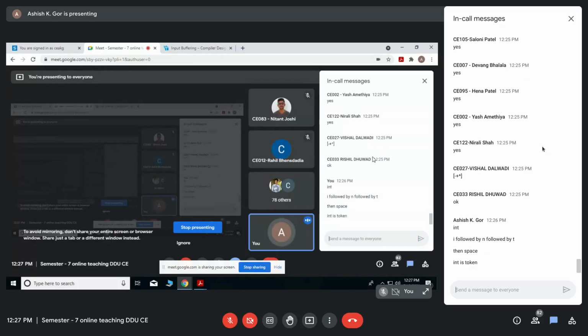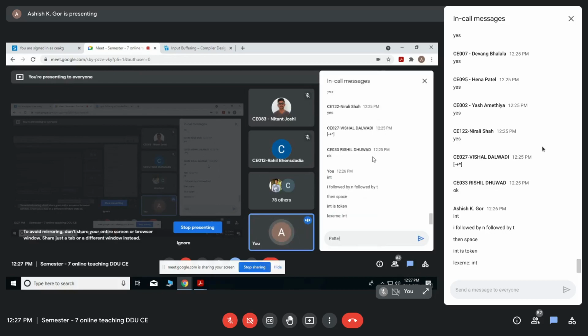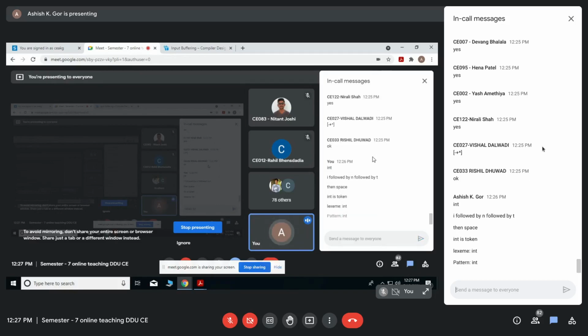The token is a keyword, the lexeme is INT, and the pattern is also INT. So for keywords, the lexemes and patterns are the same thing. First it should be I, then N, then T, followed by a space. Remember, I am forcing the space, because INT is a keyword.